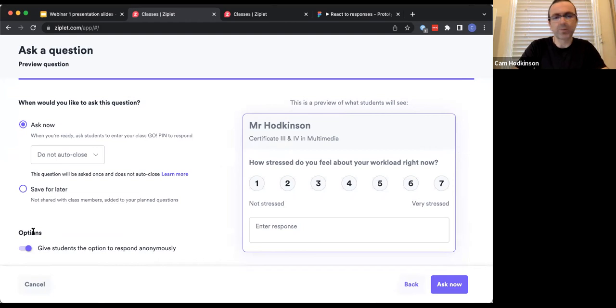At the bottom here, I'm going to give students the ability to respond anonymously, which allows them, if they're feeling a little bit uncomfortable about the process, to be anonymous. It still means that I'll receive the feedback. I can see the score, and it contributes to how I can view the well-being of my class, but I can't pinpoint that particular student.